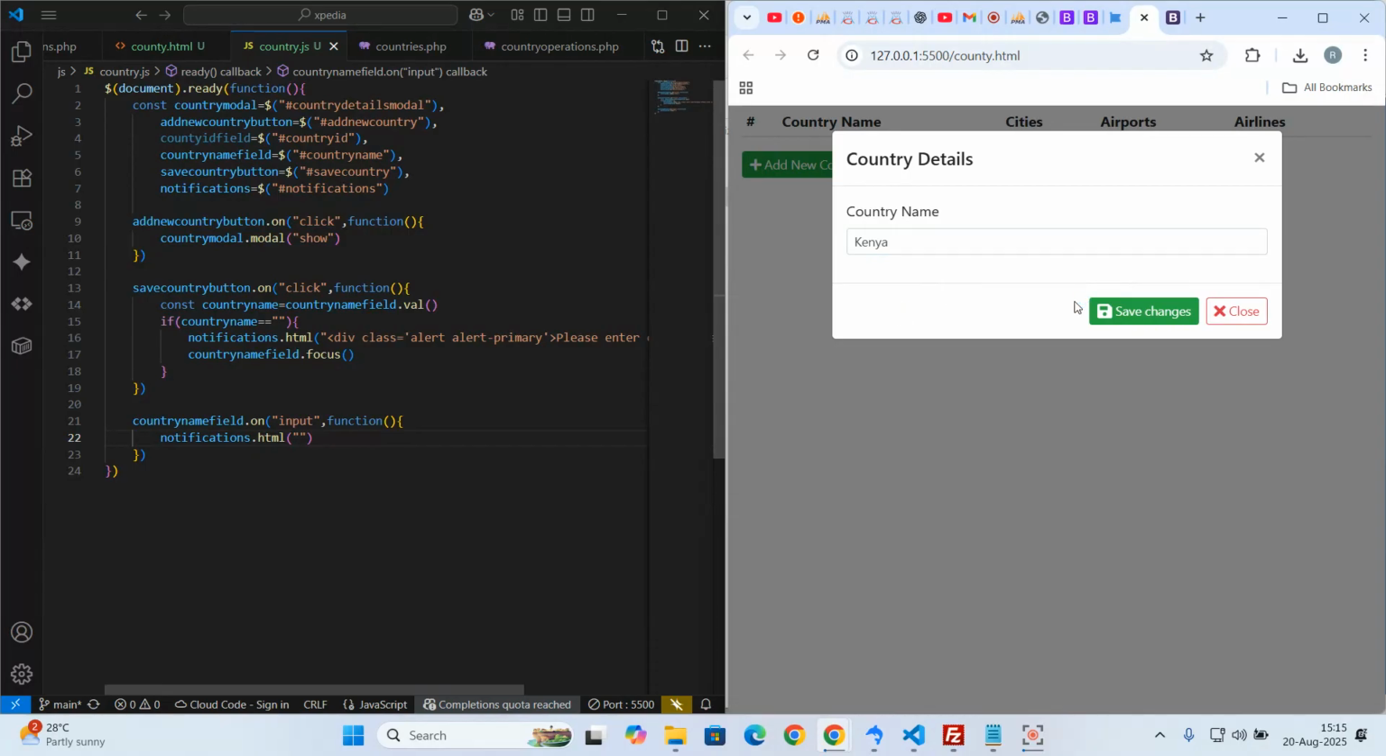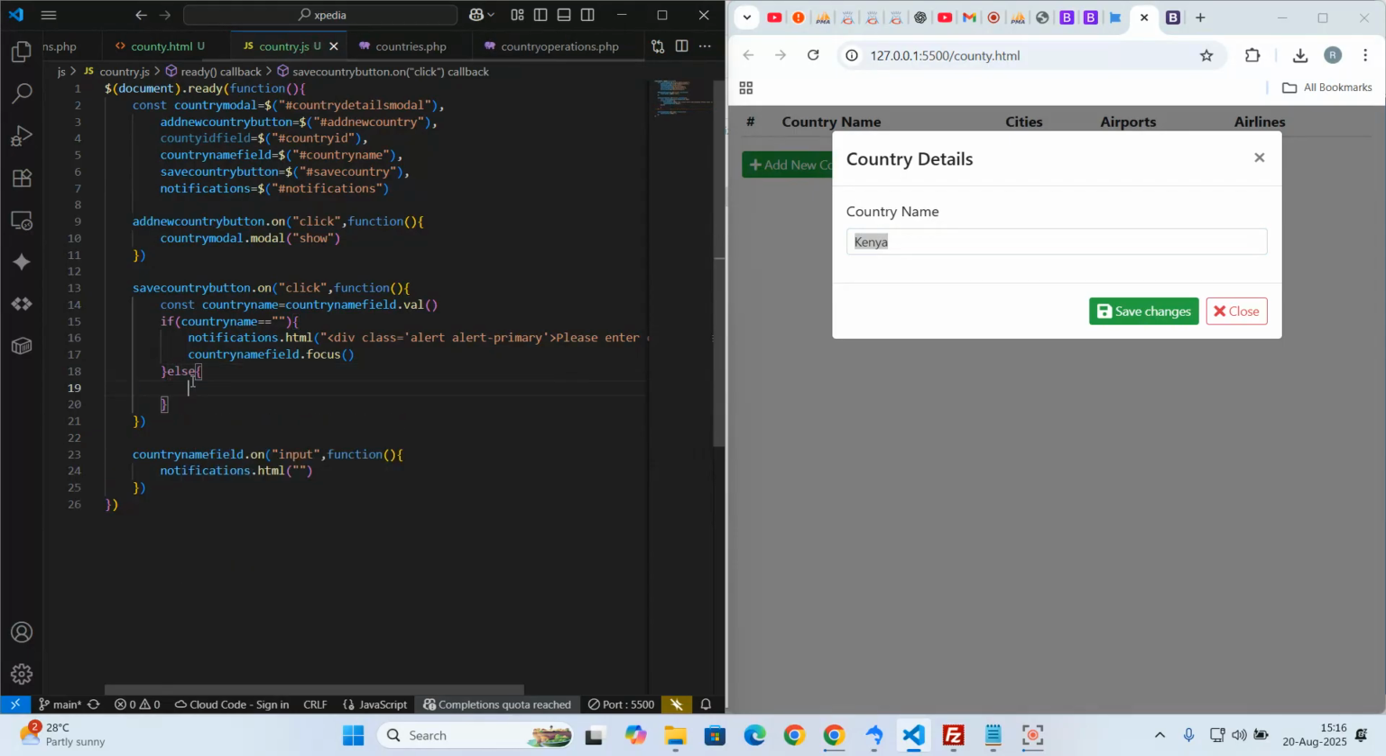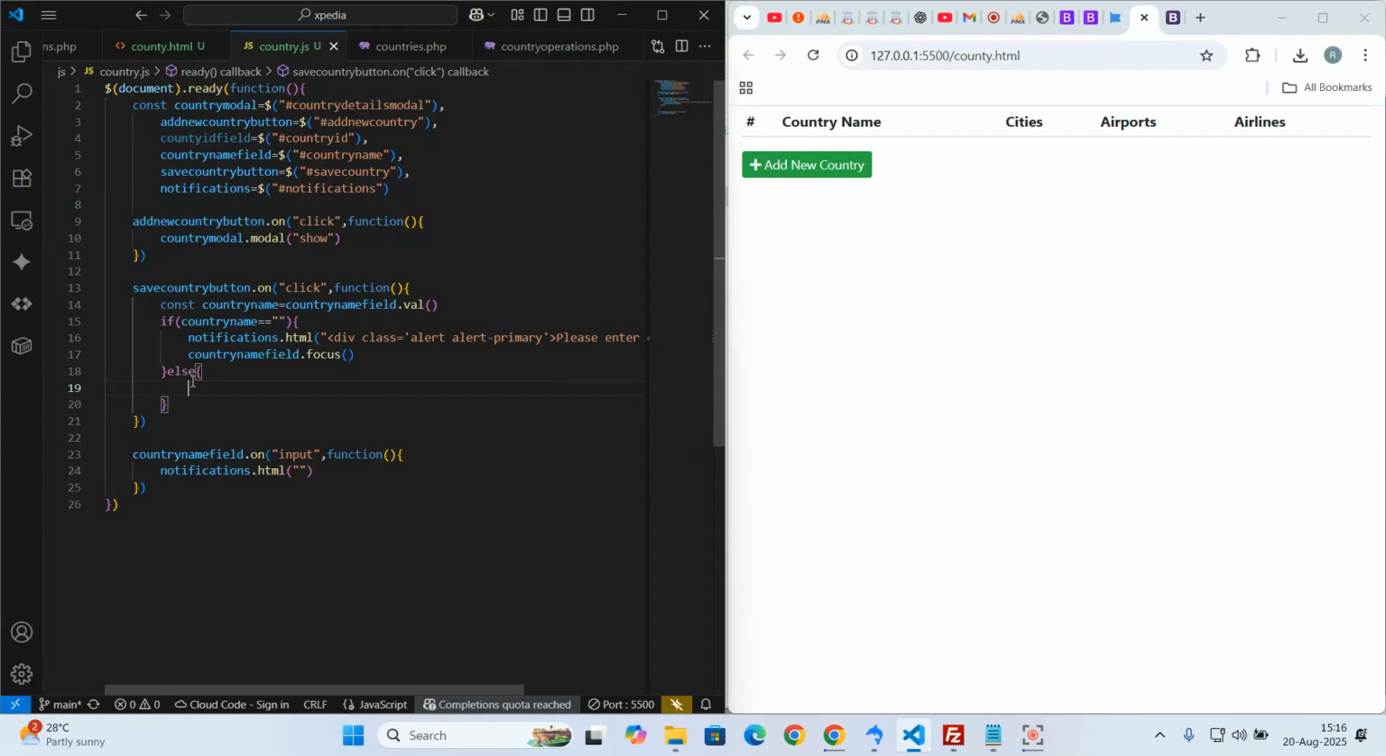So that's good. Now, if the country name has been provided and I click on save, I need to call my API on the server and make sure that it is able to save the data or give me any errors that might come about. Because this is a bit long, I'll do it manually. Then of course we can refactor this code much later on. So otherwise, if the country was not blank, then what I would do is I would tell jQuery